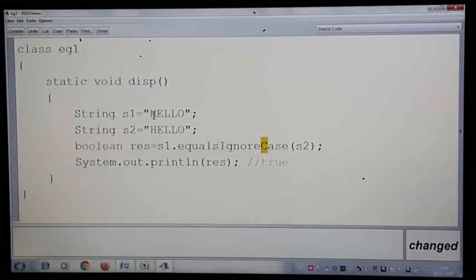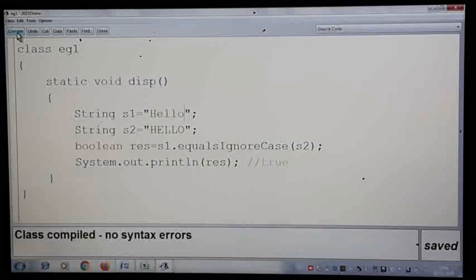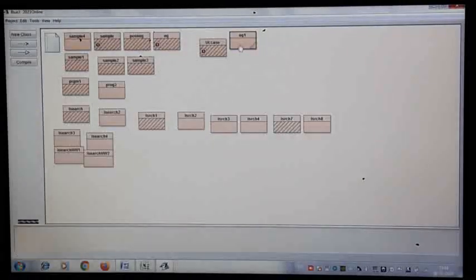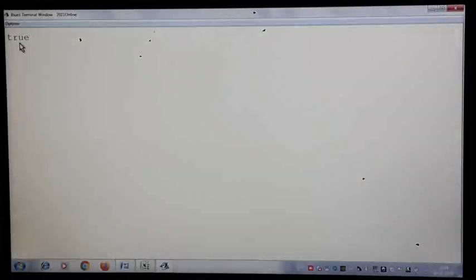So here now I change the input, hello. Now both are in a different case. Now let us see what is the output we get. So as I said, it ignores the case and goes ahead with the matching. So for both, the output you will get is true. So let me compile. Let us check what is the output we are getting. Yes, you all understood now. So it ignores the case and goes ahead with the matching.